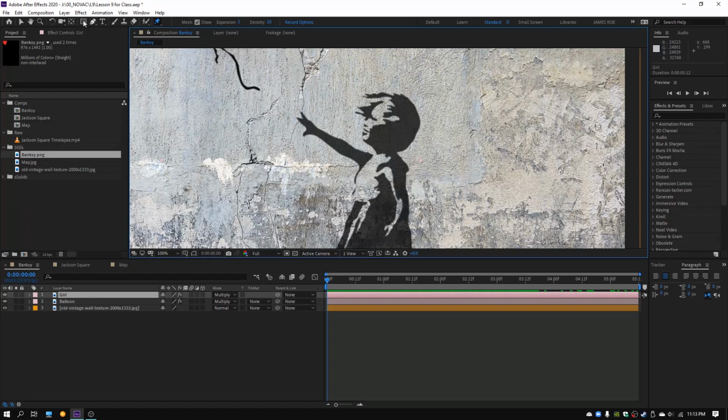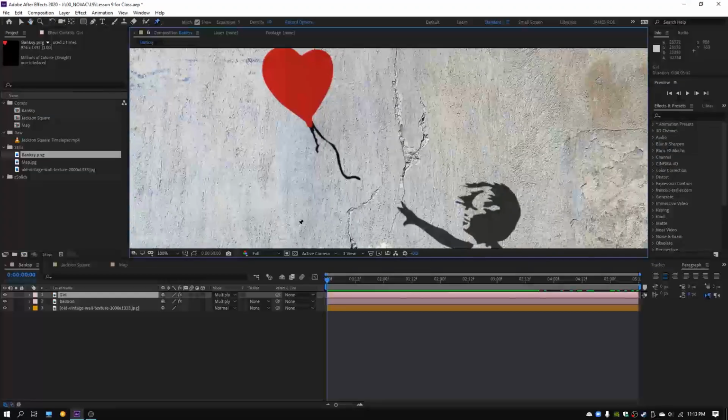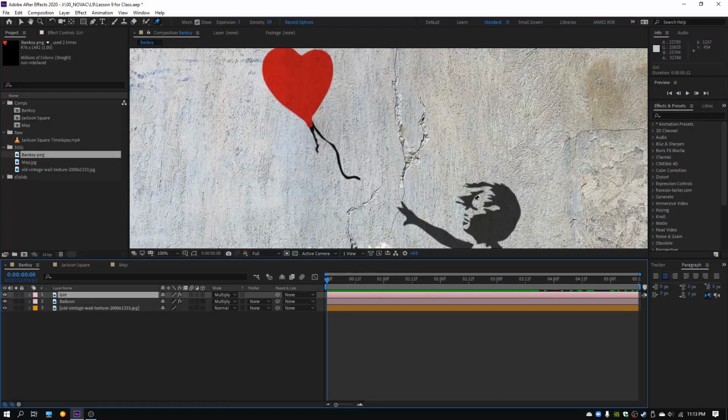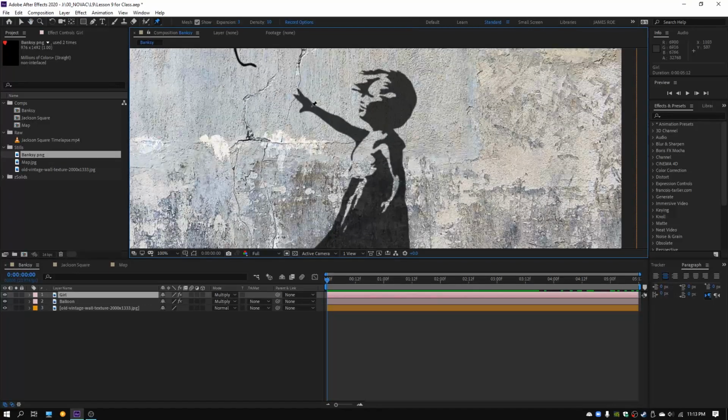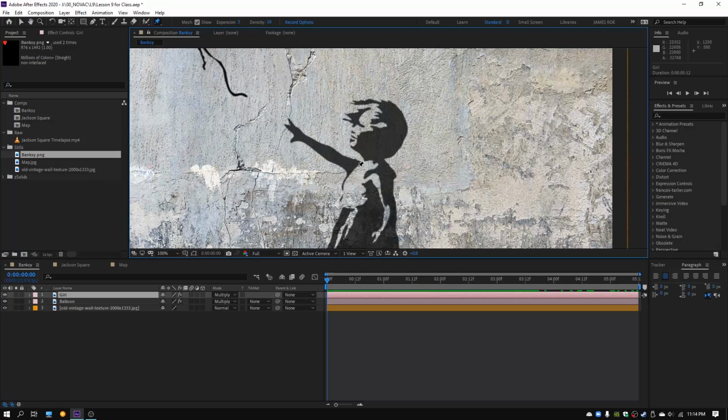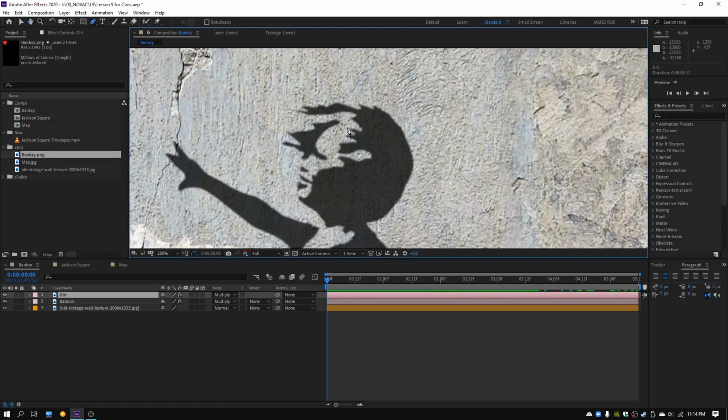We just used the old rectangle mask on the balloon, and that worked fine. But for this, we really need to generally follow the contours of her body, not precisely. So I'm going to make sure the girl layer is selected, and come up to my pen tool, select that, and now I'm going to zoom in a little bit and start roughly following the contours